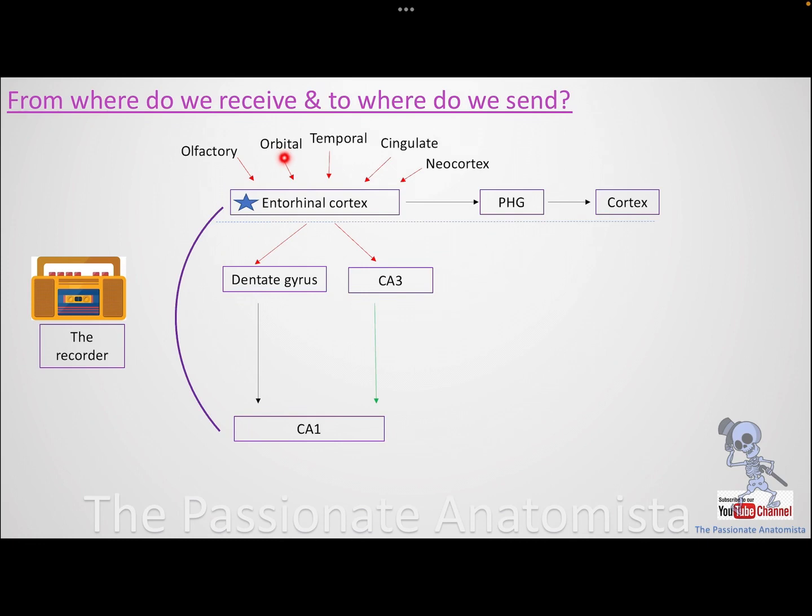And then you could see something that you like and you want to register it, and then you want to give feedback to the cortex responsible for that, which is the orbital cortex. And then when you see it next time, you will be happy and you want to show that you're happy that you've seen this thing. And then also you could receive from the temporal lobe, because you've heard something, you want to register it here, and then when you hear it next time, if someone asks you a question about something that you heard